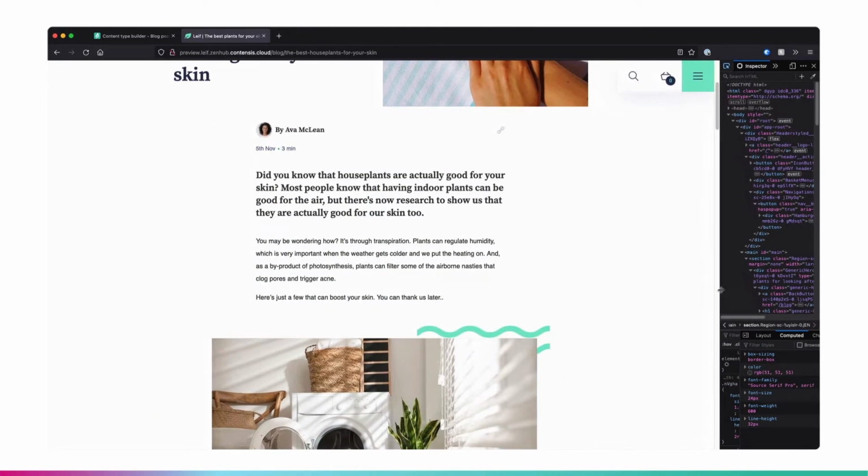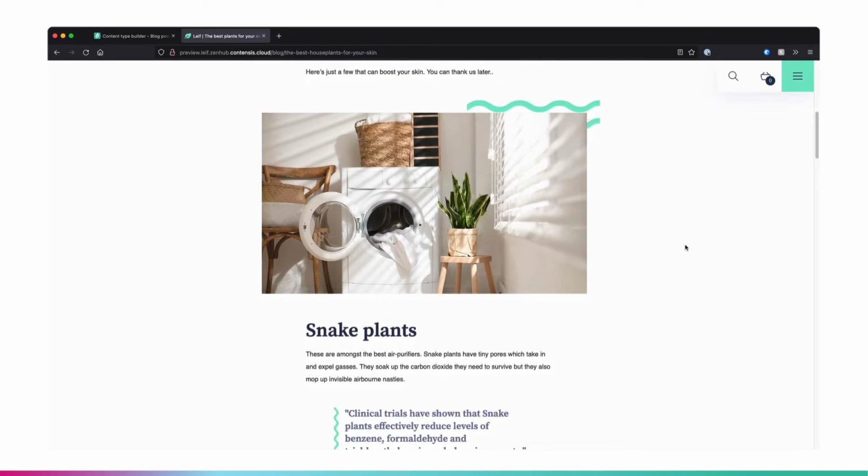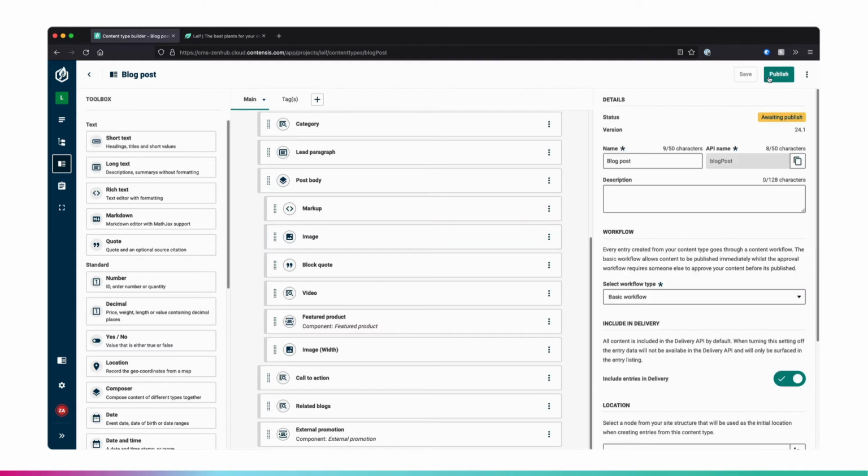Now this image doesn't get any bigger when I expand the page. It might reduce when I contract it. So I'm going to say it's going to have a minimum width of 808. You might not like that and you might want a kind of round number, so you might say 820 pixels. So when I save that change now and publish that change,